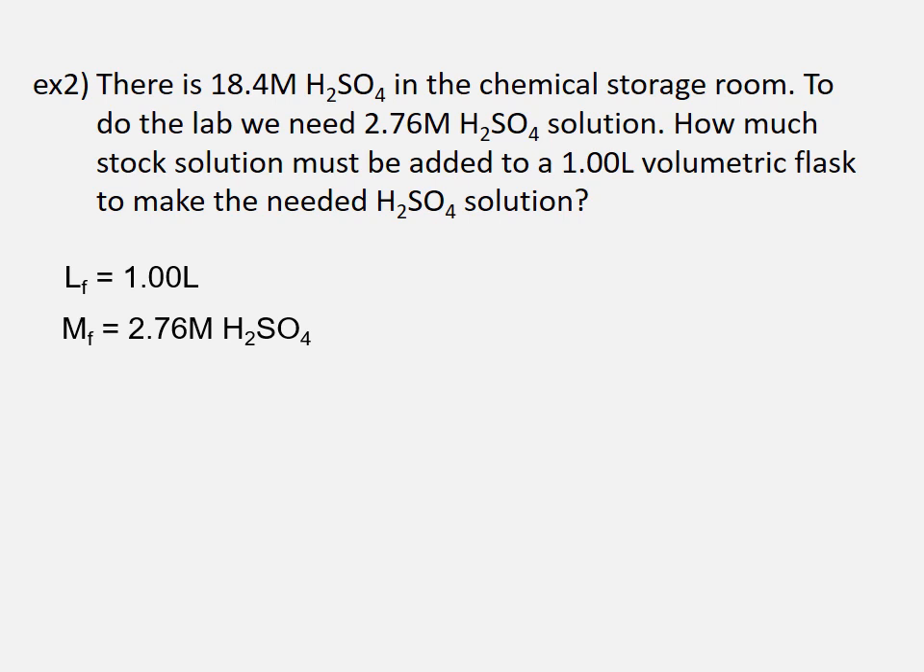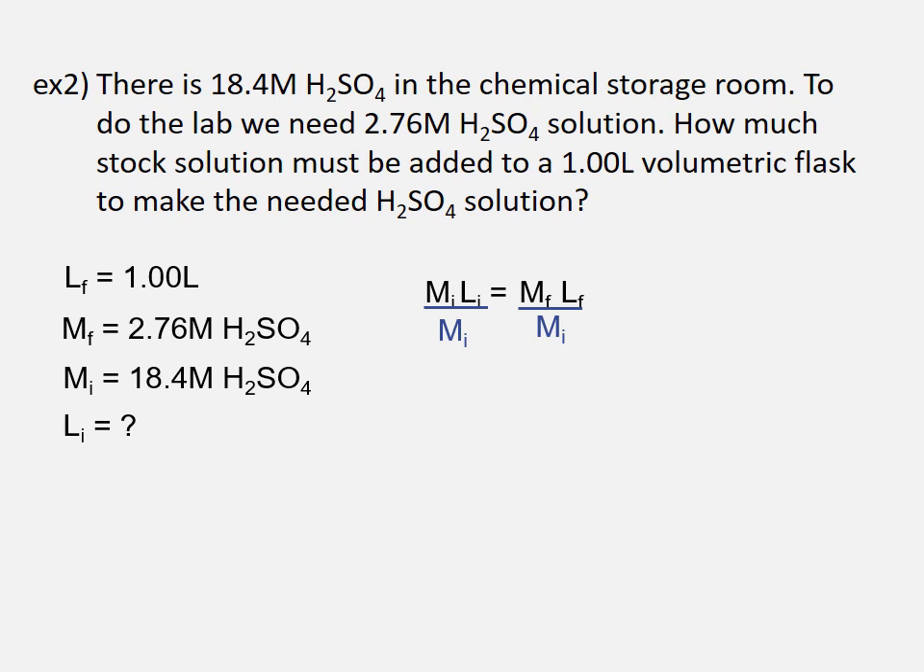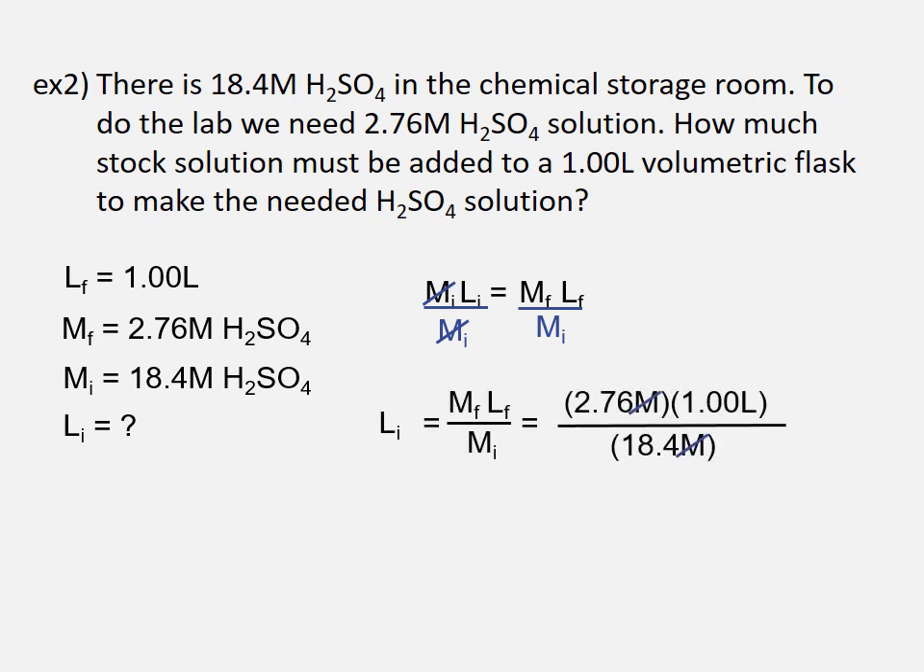Out in the back room, we've got 18.4 molar H2SO4 solution. That is what we have in the back room that we're going to start with. So that's our initial concentration. And we want to know how much of that solution we're going to have to add to that volumetric flask. So how many liters initial do we have to add? So Mi Li equals Mf Lf. I'm looking for Li this time, so I divide both sides by Mi. Mi and Mi factor out. And that means that Li equals Mf Lf over Mi. I sub my values in, run it through my calculator, and that gives me